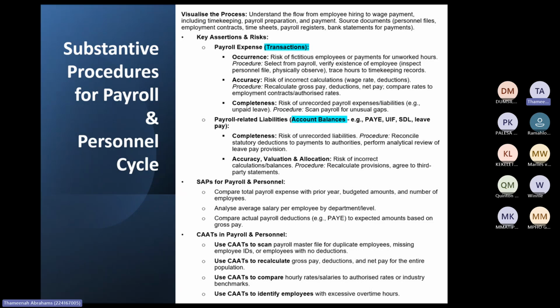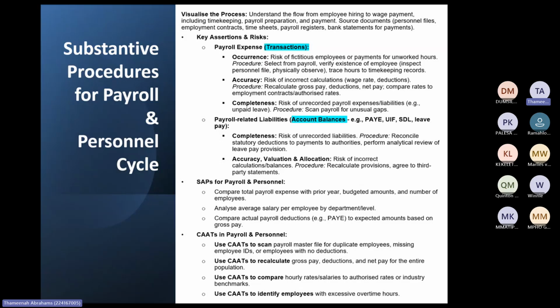And then also don't forget your terminated employees. So either they got fired or they resigned. So you get all the procedures around that too. So for example, Palesa, if you resign in March and I go inspect the payroll for the financial year ending June, then from April I mustn't see Palesa on the payroll system. There should be zero by your name. So those are the types of things we would inspect to make sure that if a terminated employee left in a specific month, there are no continuing salaries and deductions going out for a person that's not there, because it means then that the employee is fictitious.